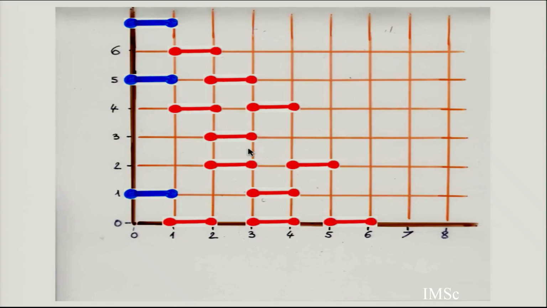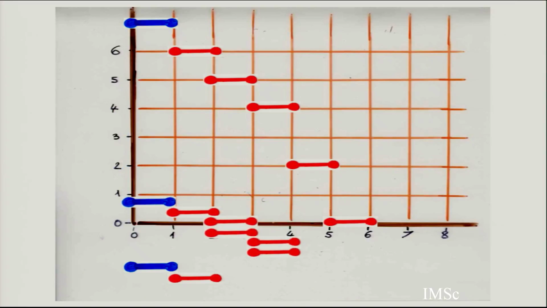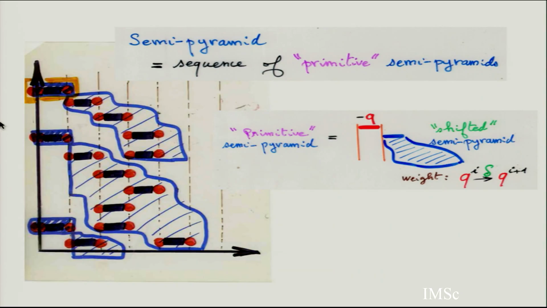So to prove this continued fraction, take the first column, the lowest dimers, and then say you extract the first semi-pyramid, and the second dimers you extract the second semi-pyramid, etc. So your semi-pyramid can be decomposed in a unique way. It's about a sequence in the sense of symbolic calculus. If you know the generating function of an object, you know the generating function of the sequence of the object. And so you see for a semi-pyramid, there is a unique decomposition like this.